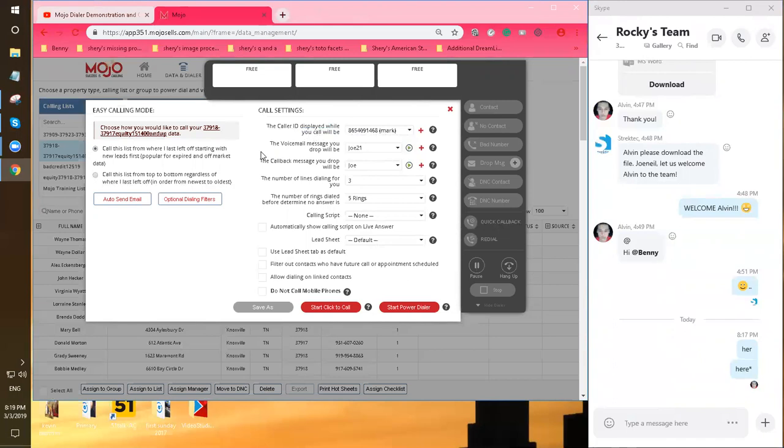Okay, so never mind that for a moment. Once your settings are good, you'll be able to see a number. So make sure that you're using the right phone number. It's very critical to use the right phone number. And then the voicemail message drop will be, I recorded a lot of voicemail, but